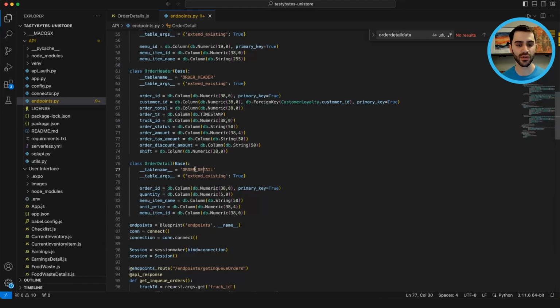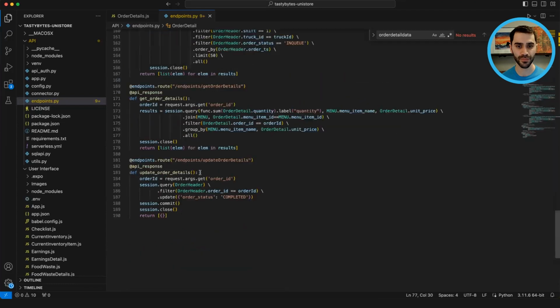Now let's get to those endpoints that we saw before in the React app. First, get order details. This is the endpoint that we first hit when we click on that customer order from the queue and bring up the details of that one individual customer order. Again, it receives order ID as the main argument. And then what it does is it filters the order detail table on that order ID